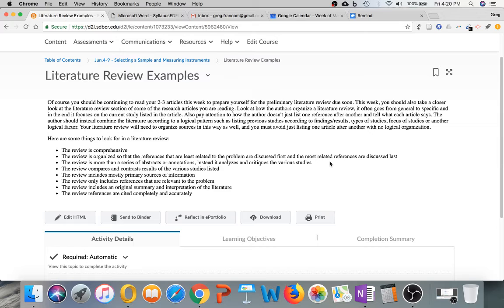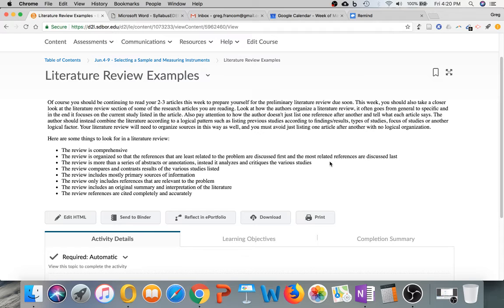It might just talk about some opinions or list other studies that have been done and combine those together. With your preliminary literature review, you are creating a secondary source of information. It's not a primary source of information because it's not an original report or research report that you're giving. Let's see, the review only includes references that are relevant to the problem,